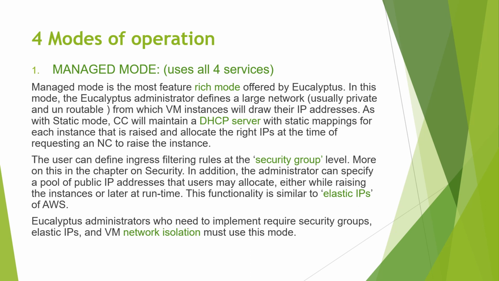Now, as I said that it uses all the four services, so network isolation is done by means of a virtual LAN, that is virtual local area network. It has its own internal VLAN system. If there are any other physical resources that want to access it, there should be no conflict, that's why the VLAN is present between the cluster controller and node controller. And if there are multiple clusters, then layer 2 VM isolation is done.